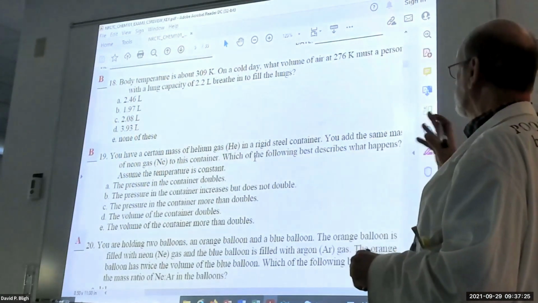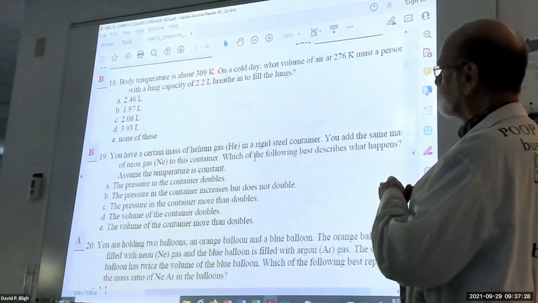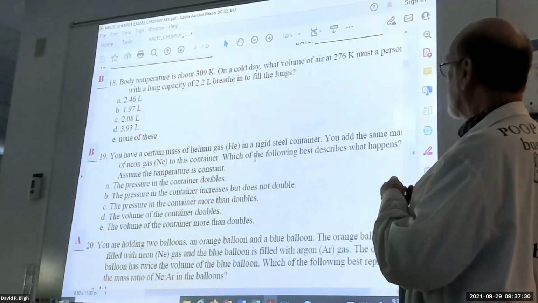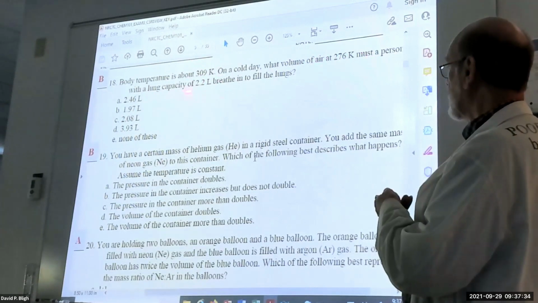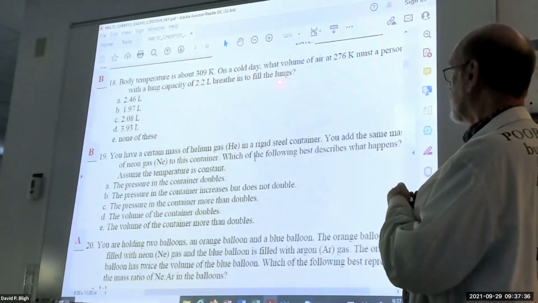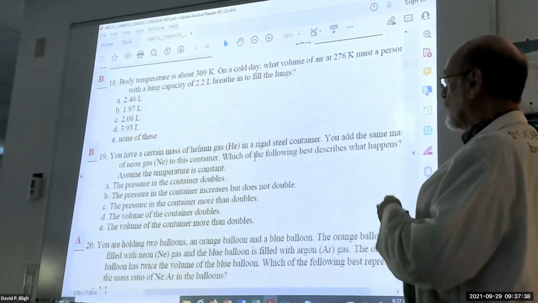Okay. So body temperature, we're going to assume it's this. On a cold day, what volume of air at 276 K must a person with a lung capacity of 2.2 liters bring in to fill their lungs? So